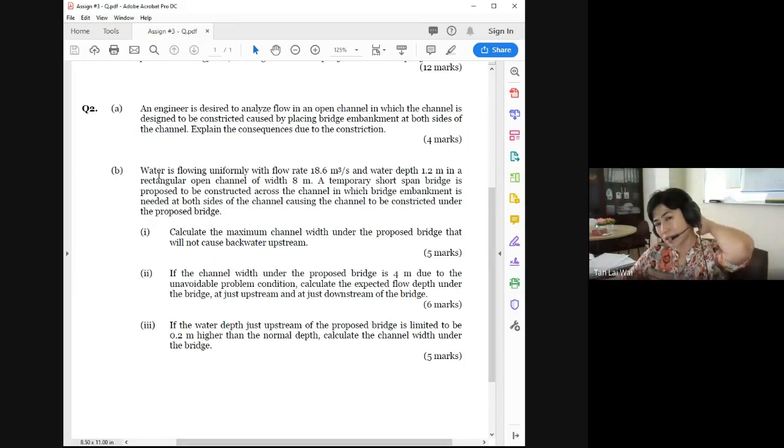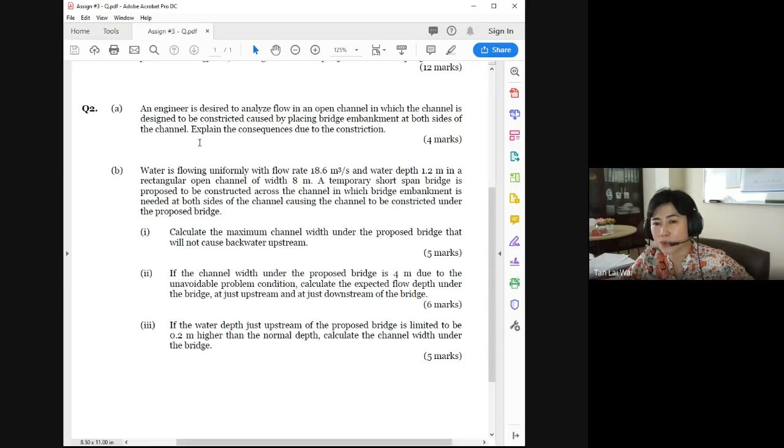For question A, it says an engineer. That means all of you are soon to be engineers, if you choose to. If you choose to graduate and become an entrepreneur, I believe the knowledge that you have gained here probably will be helpful at times. Now let's assume you graduate and become an engineer.